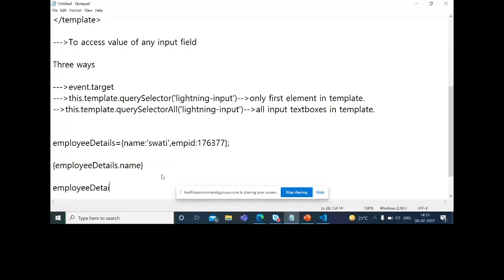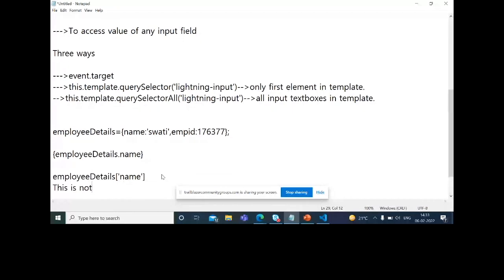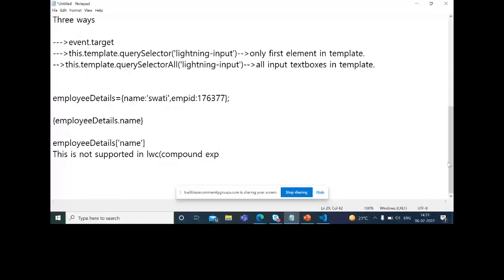This is a compound expression. These are called compound expressions, and they are not supported in LWC.